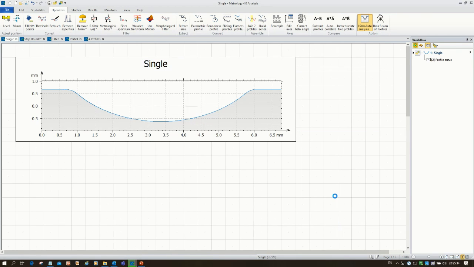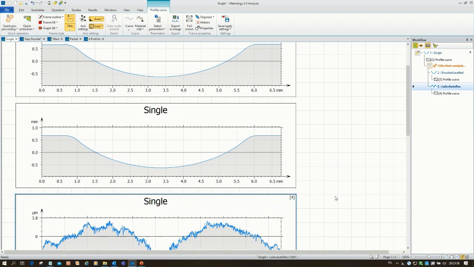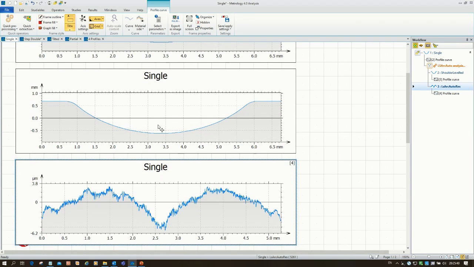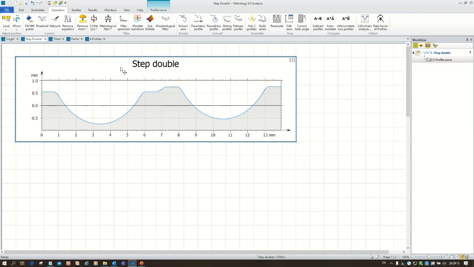Once we click OK, we can see the profile has been leveled. That's the leveled profile there, leveled on those shoulders, and that's the residual profile. Looking now at a stepped double profile,